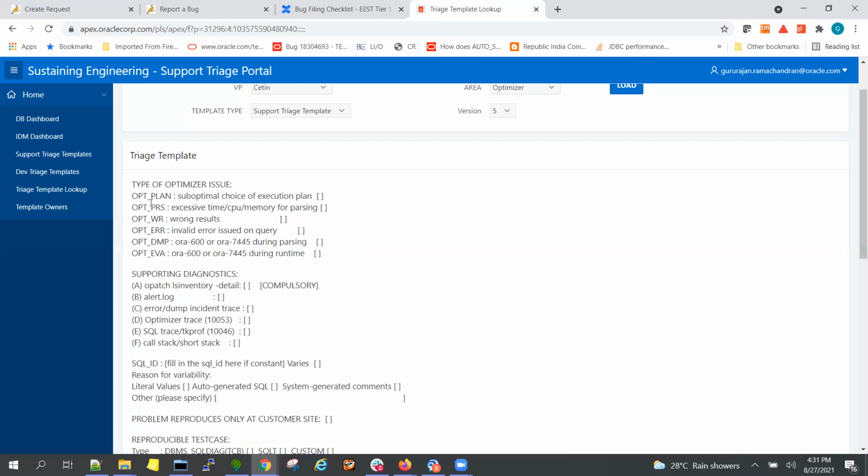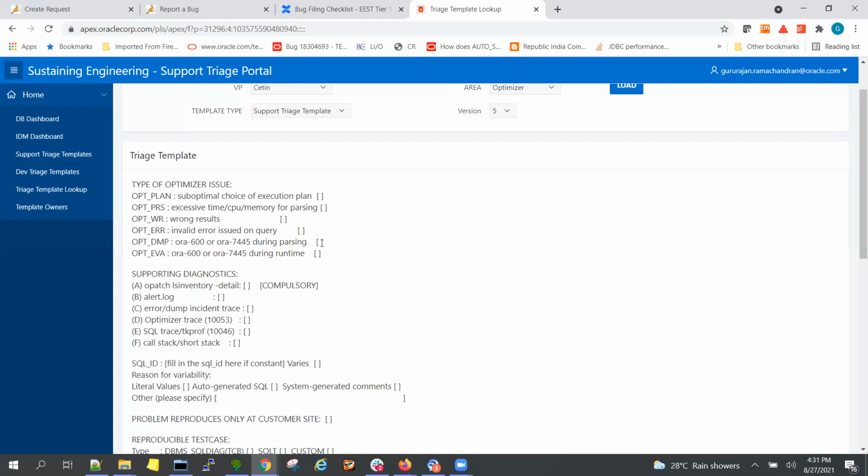So you have to first confirm. You cannot check all of this. For example, if it is a query performance issue, you just say yes or click, or whatever it is here. Others are not required. If the problem is a wrong results issue, just click yes here, or type yes or Y here.